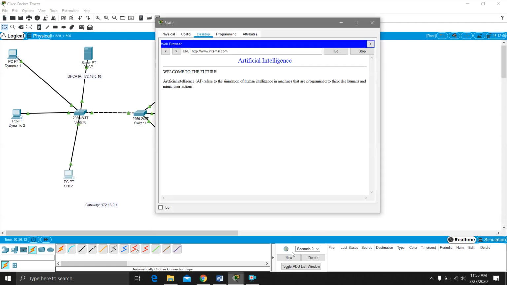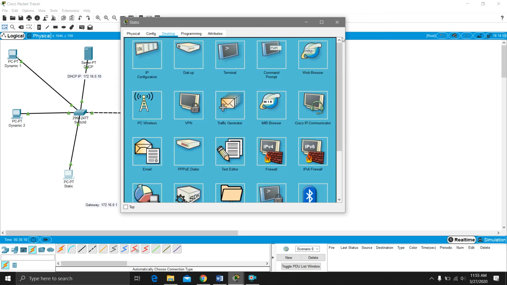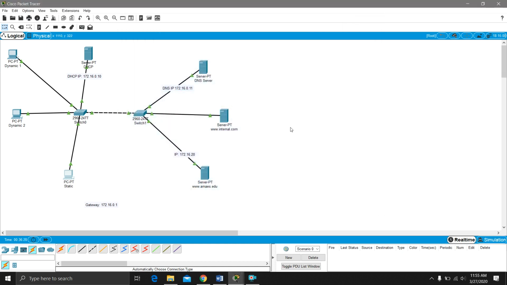So okay, we successfully configured our new web server, which is the internal.com, and it is already viewable in our end users here. So